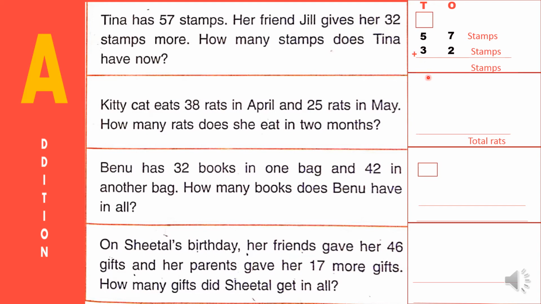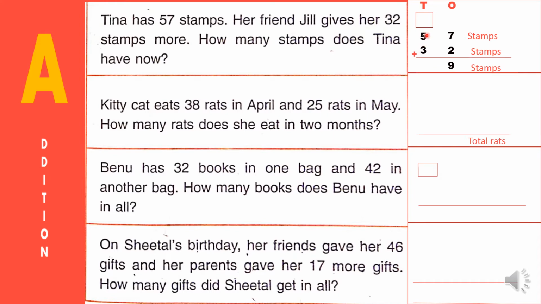When we are doing addition, children, first we have to add the ones column first. So 7, 2. Which number is the bigger number? 7 is the bigger number. So you should keep 7 in your mind, and 2 is in your hand. Open two fingers, children. 7, after that 8, 9. So we have to write here 9.